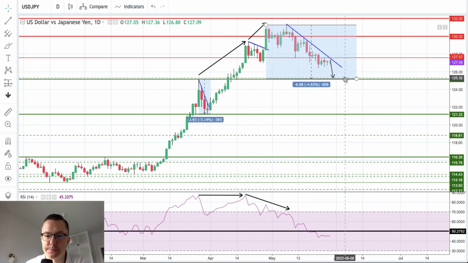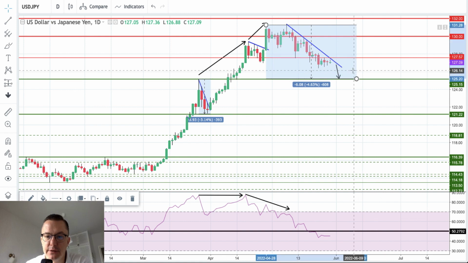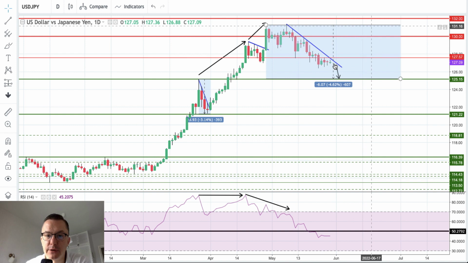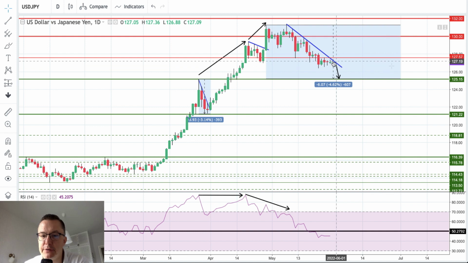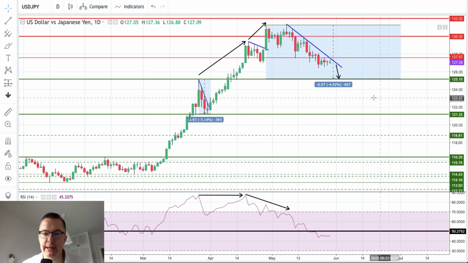So please keep an eye on the market reaction at 125.15, because it all depends on the market reaction at this price level, whether we will bounce, for example, and go up towards 127.57, or there is a nice breakout, a nice down candle here, the red candle to the downside. So please keep an eye on this level, and I will get you updated very soon, because I'm watching this setup as well